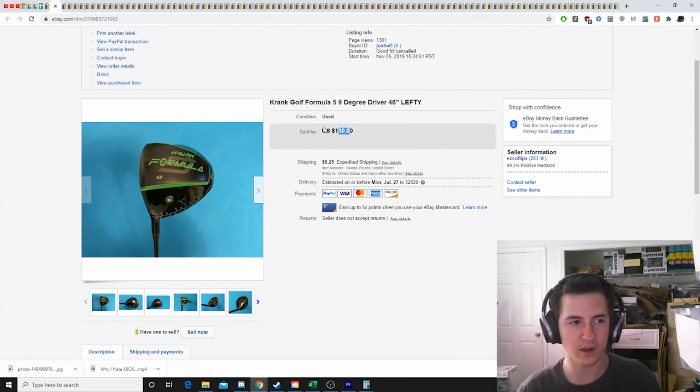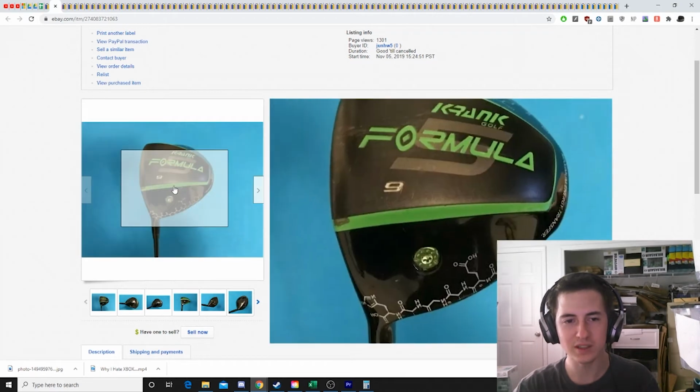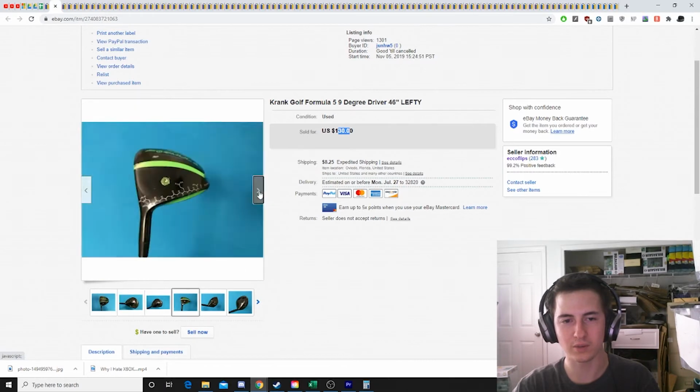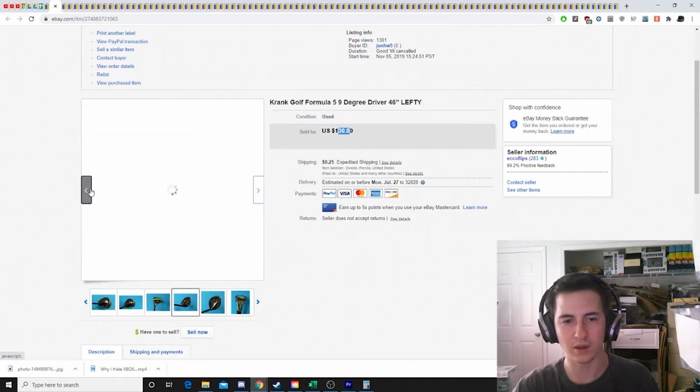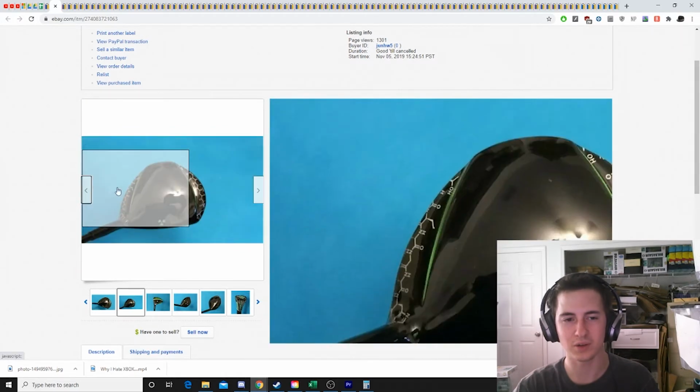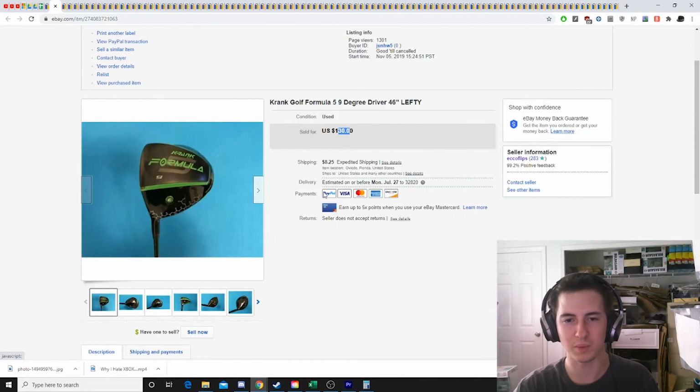A couple other high-end K-Rank golf clubs. The catch about this one was, I believe somebody had it at their garage sale for $60 and it didn't sell. The reason why is because this is a lefty golf club. I bet there's not too many people that are lefties that play golf, so that's kind of niche, and it's a higher-end golf club. So I guess he donated it, and the store had it for 15 bucks, and I bought it. I probably waited 6 months for this to sell, but I turned $15 into 110,